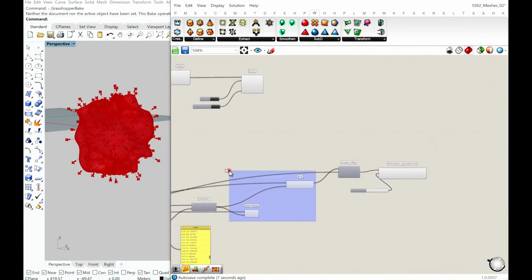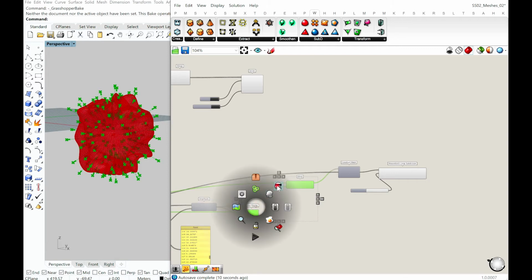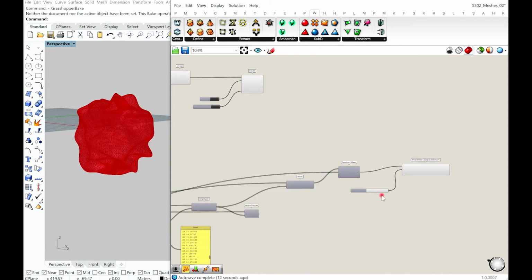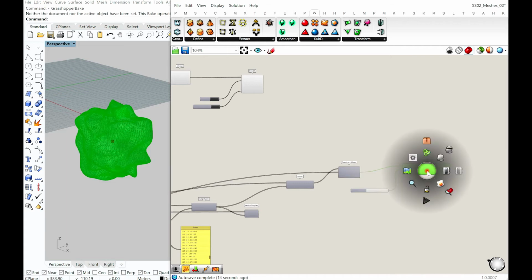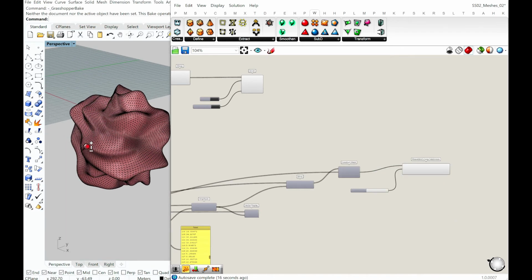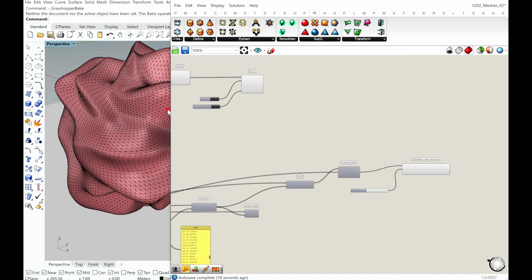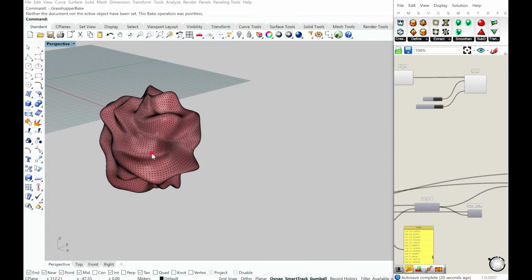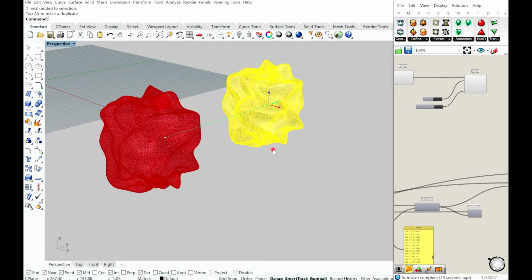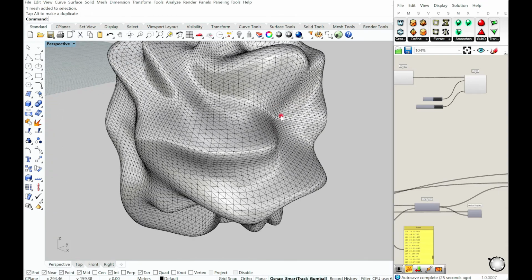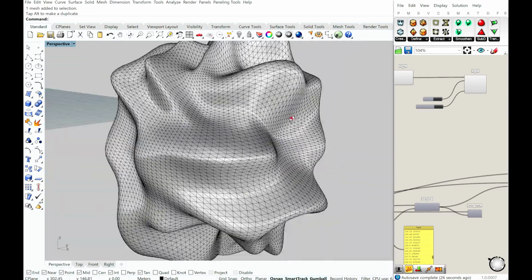Let me hide the vectors. Yeah, it interpolates it into a smooth mesh. And if I bake this, you can pretty much see that it's a smooth curvilinear geometry. Now this kind of geometry or form is not very easy to build with the NURBS geometries that you typically use.